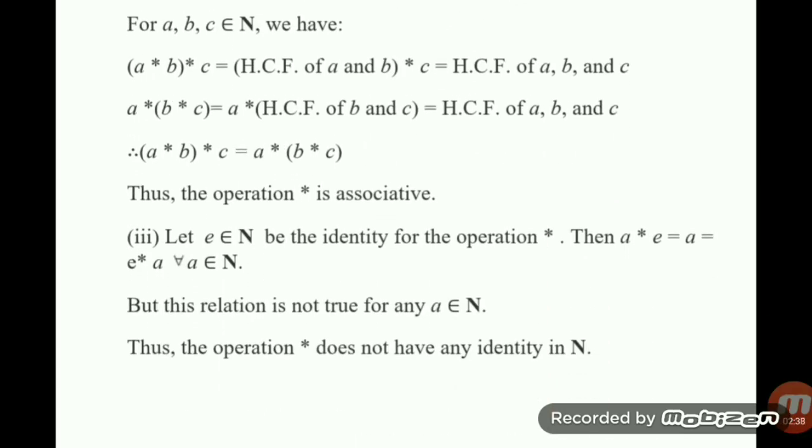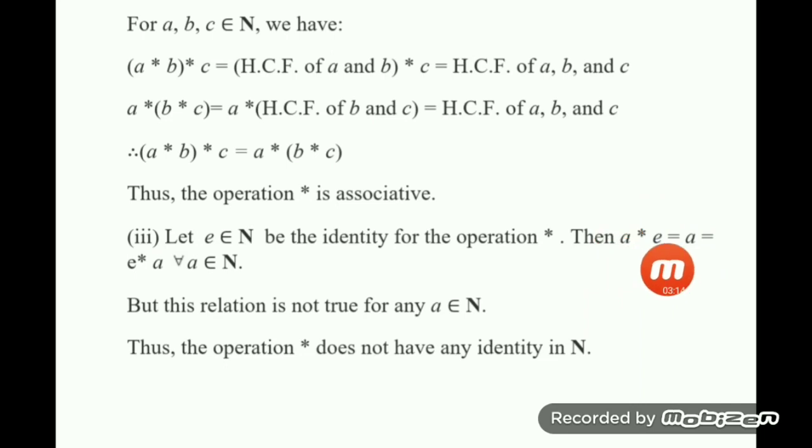Now for the next part, you have to find out whether there exists any identity element or not. And always remember, if an identity element exists, then only we will further proceed to inverse. Otherwise, we don't have to go for the inverse element. Here you see, for identity element, we have to take one element, a. And if there exists an element, suppose e is the identity element, then you must have a star e is equal to e star a is equal to a. So here e belongs to N, the identity element we have supposed. The first and the last parts are obvious because a star b is equal to b star a, commutative. So obviously a star e is equal to e star a.